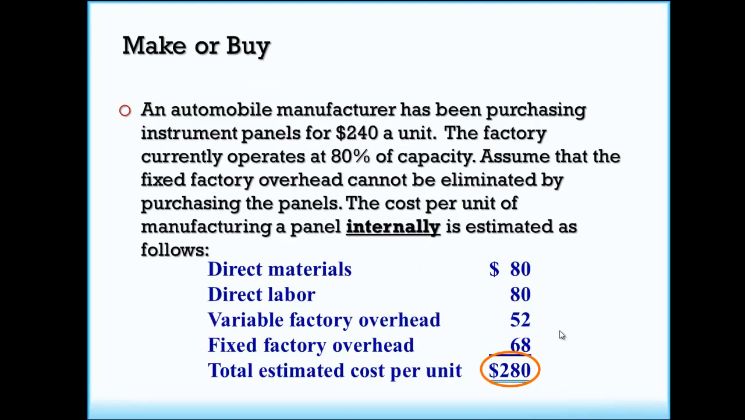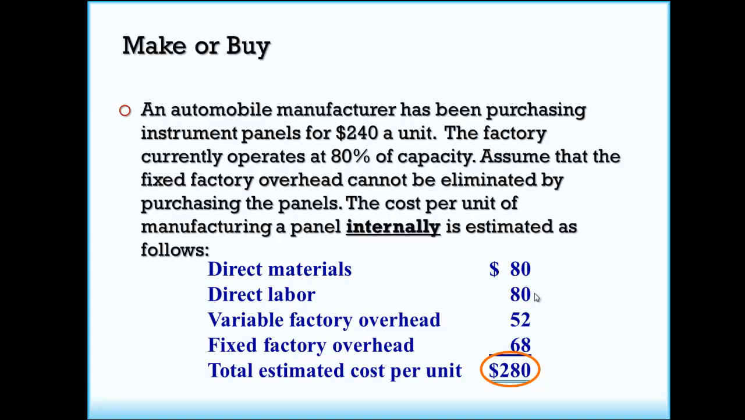An automobile manufacturer has been purchasing instrument panels for $240 a unit. The factory currently operates at 80% of capacity. Assume that the fixed factory overhead cannot be eliminated by purchasing the panels. The cost per unit of manufacturing a panel internally is estimated as follows. So if we're making this internally, we have direct materials of $80,